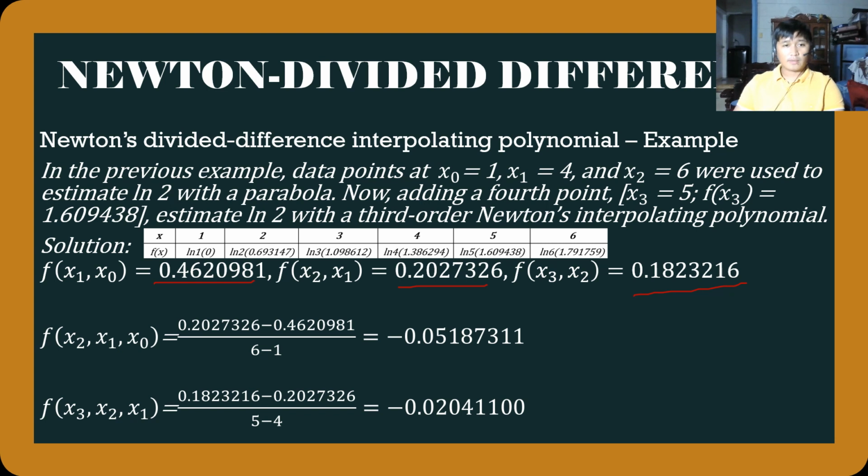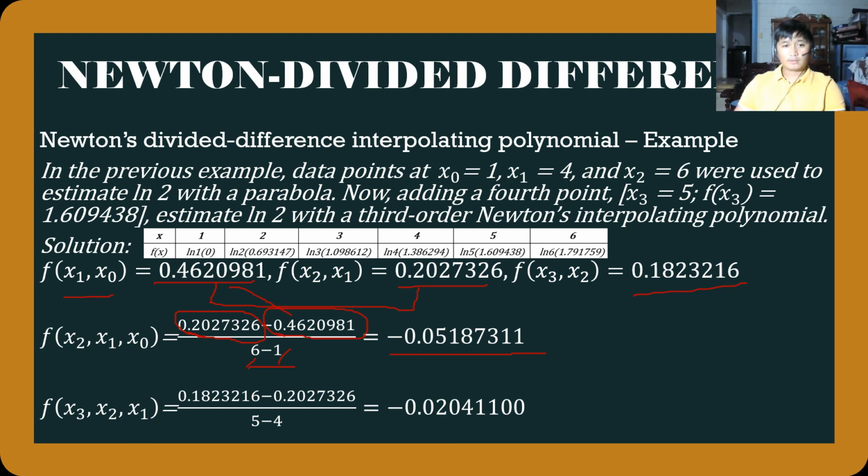Okay, so the values we have solved earlier, function of x sub 2, x sub 0, this one. So next step will be this 2 here. So x sub 2, x sub 1, this is the value, minus f of x sub 1, x sub 0. So this is the value minus the corresponding number of x sub 1 and 0. So this is 6 and 1, and we have this value as negative 0.05.